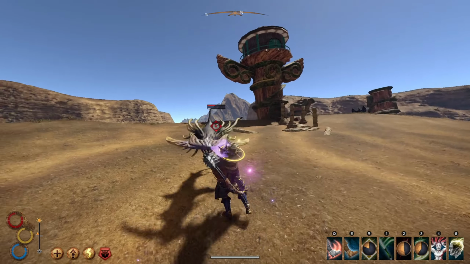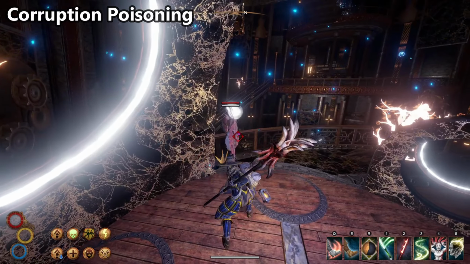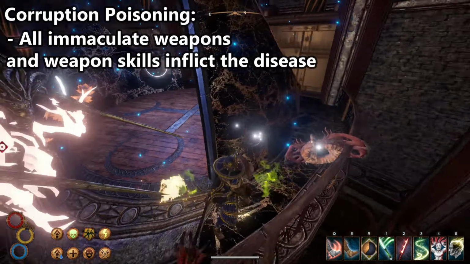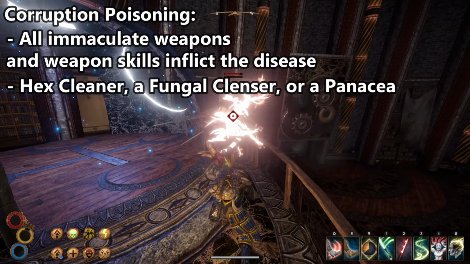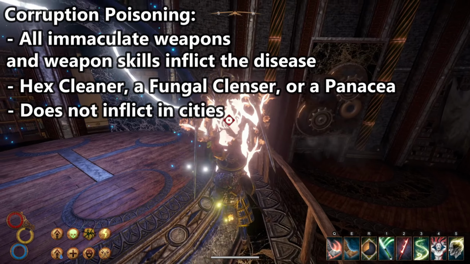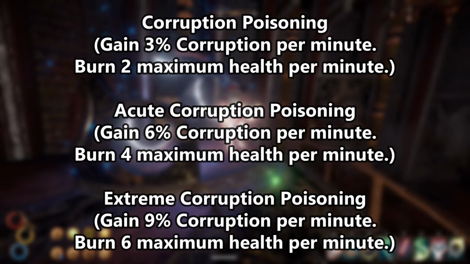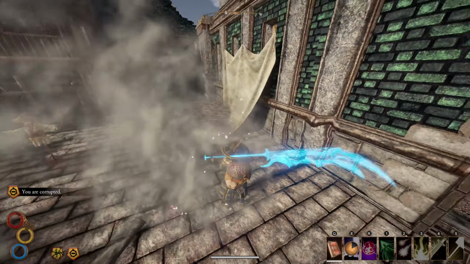Now, before we get to the skills, we do need to talk about one new disease that was added in. It's called Corruption Poisoning. All Immaculate-based weapons and weapon skills inflict the disease Corruption Poisoning on the player. This disease can be cleared using a Hex Cleaner, Fungal Cleanser, or Panacea. It does not inflict its negative effects when in safe areas, such as cities. There looks to be 3 levels of this disease, although I only ever reached the first, so it doesn't seem too hard to manage. Of course, dealing with that much health burn means Hex Mage is going to be a must,